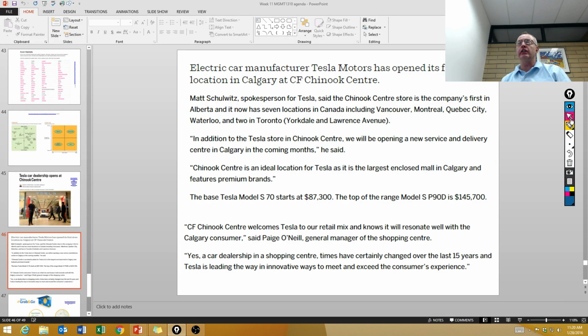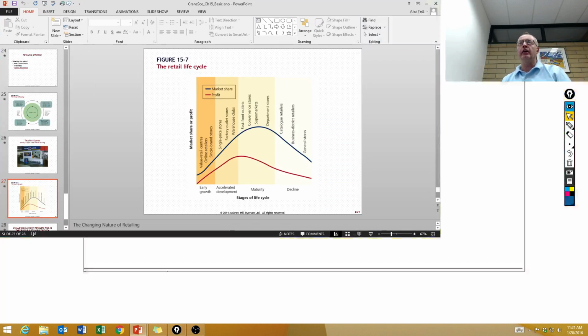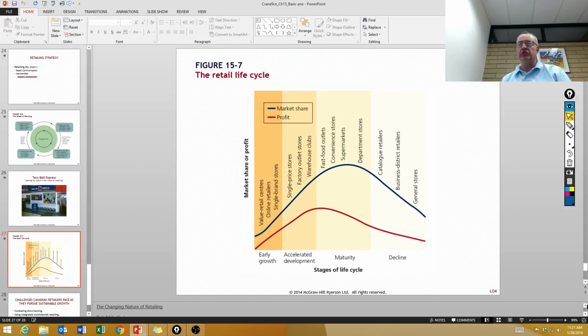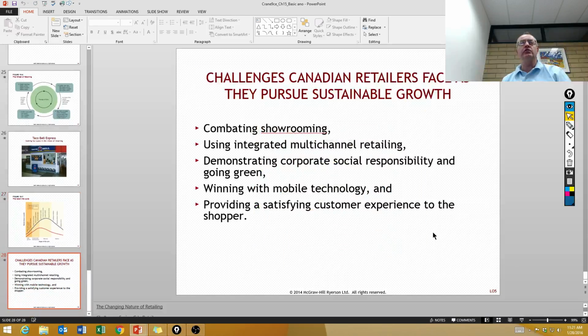Okay, so the final section of this chapter looks at some challenges that contemporary retailers are facing. And it's kind of curious because you are probably as guilty of this as I am. We have this concept of showrooming. This is when people want to buy something, so they go to the bricks and mortar store. You go to Canadian Tire, you check out their prices and their products, but then you don't buy anything from Canadian Tire. You go home and buy that product from one of the online retailers like Amazon at a lower price.